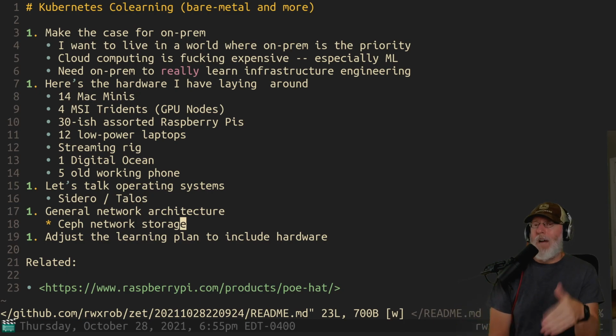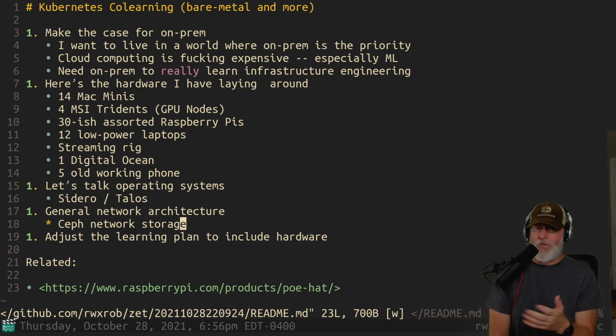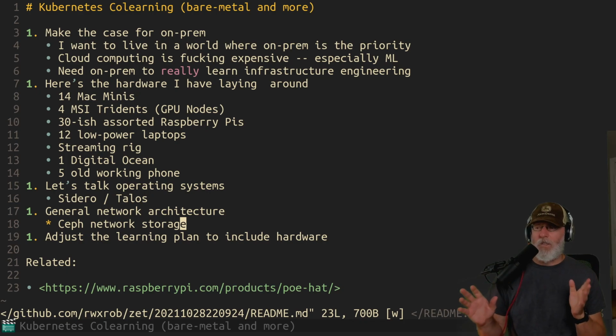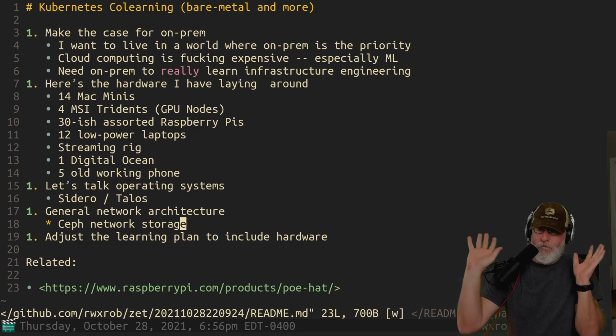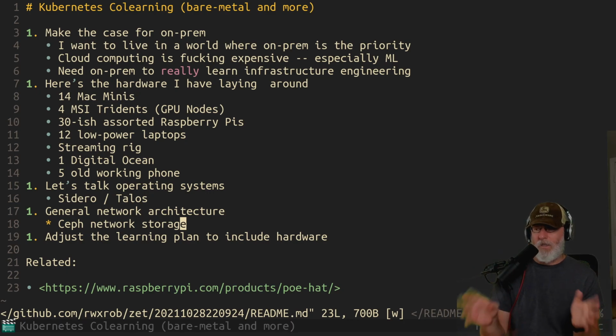But if you're doing on-prem, you have to know what CNI you're using. You have to know how this stuff works. And I am so fortunate to be on this team right now. That's one of the reasons I want to stream my discoveries as I go, because I'm a total noob. There are just so many different considerations that when you have Kubernetes on the brain, the whole world looks different. Particularly if you're looking at Kubernetes on metal, which is what Talos and Sidero are all about.